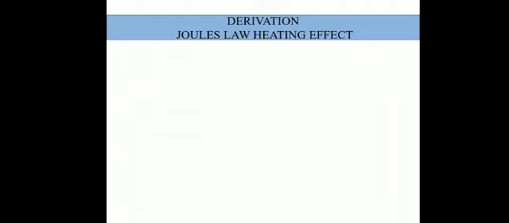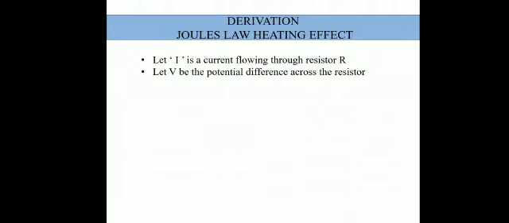Okay, for that we need to consider a few points. For example, let's say there is an electric circuit, or electric connection through which the current I is flowing, which is having resistance R, number one. Number two, let's say V is the potential difference which is across the resistor. We have discussed that potential difference is always measured between 2 points with the help of a voltmeter. And if we want to measure a current, then we need to connect the ammeter in series.